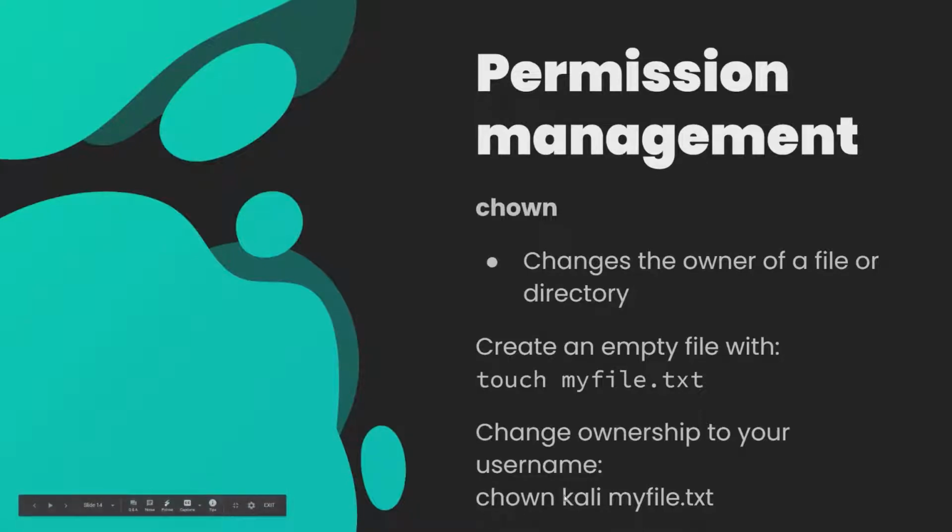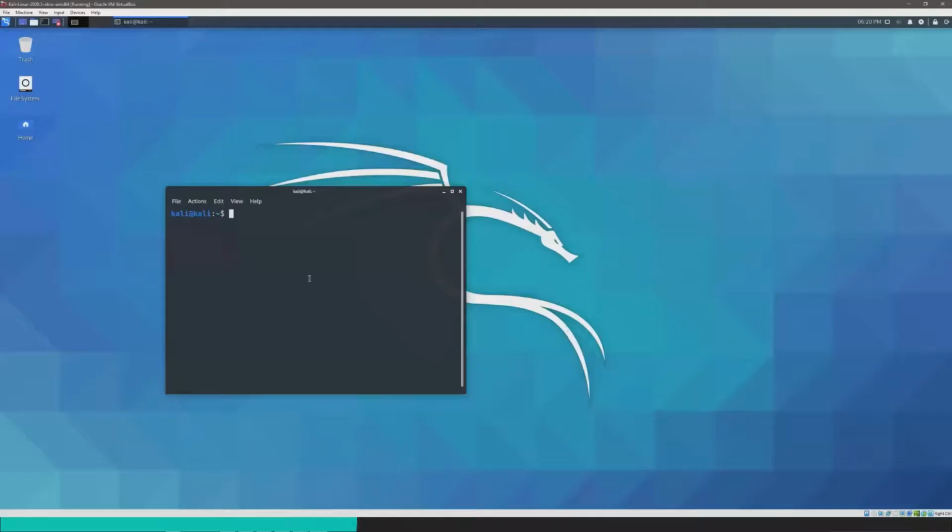The way that you do that is you would type chown, and then after that you would type in the username that you want to change the ownership of the file to, and then you specify the file afterwards. So I will demonstrate that. Hold up, I probably already have a file, myfile.txt here. I do, let me get rid of that. You guys probably don't have it, but I do because I ran through this earlier today. So to create an empty file, you would do touch myfile.txt. That will create an empty myfile.txt.